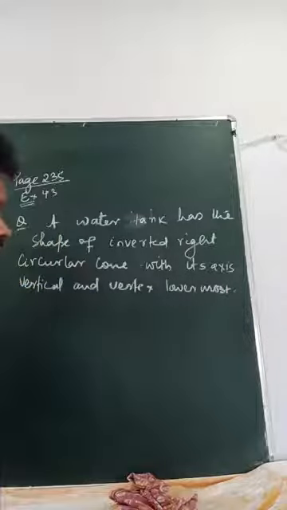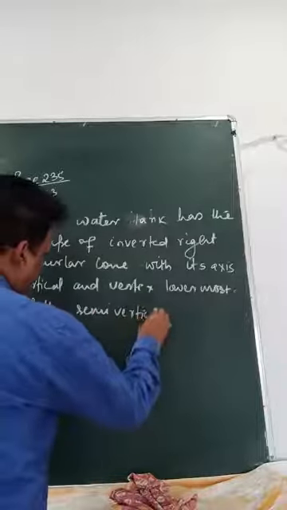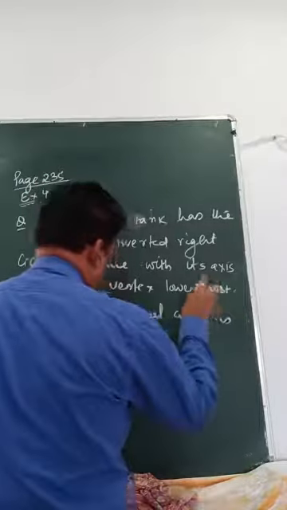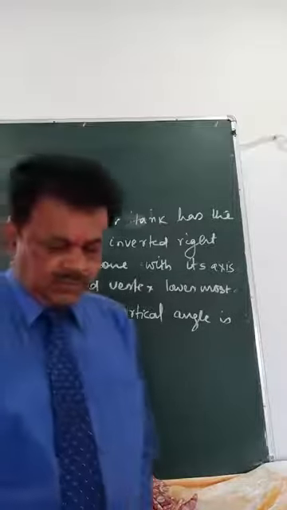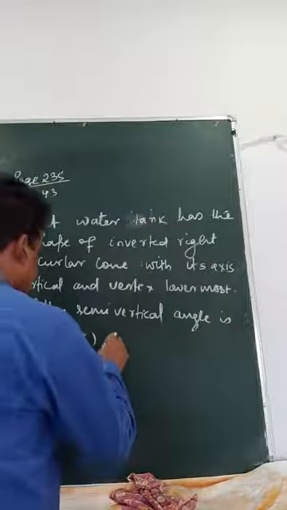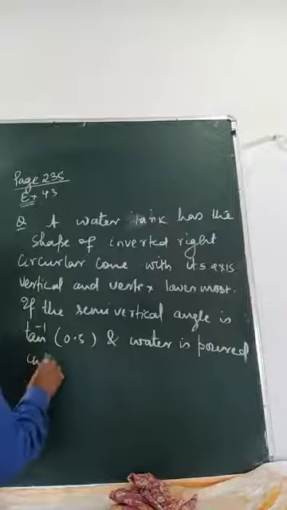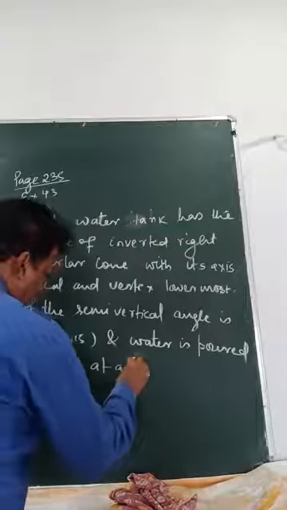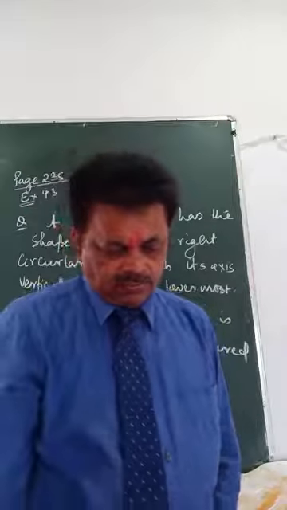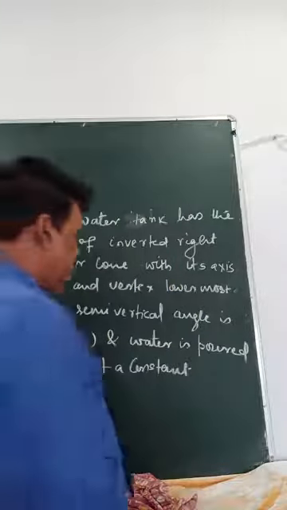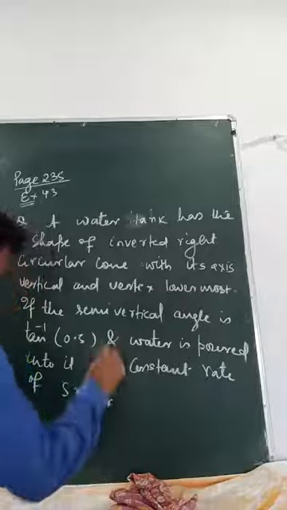If the semi-vertical angle is tan inverse 0.5 and water is poured into it at a constant rate of 5 cubic meter per hour, then